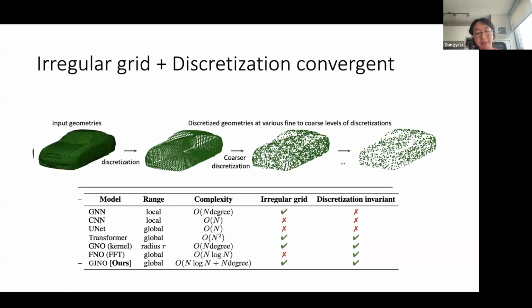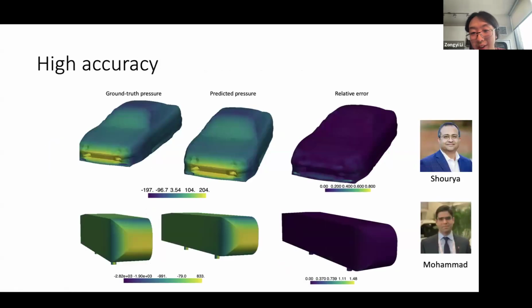And this method is fine, it's flexible by doing this graph methods in the end and the beginning. It's also fast by the fast Fourier transform. It delivers, I think, great results. The pressure field's relative error is about 5%. Also, thanks to my colleague at Nvidia, they helped us generate the dataset.